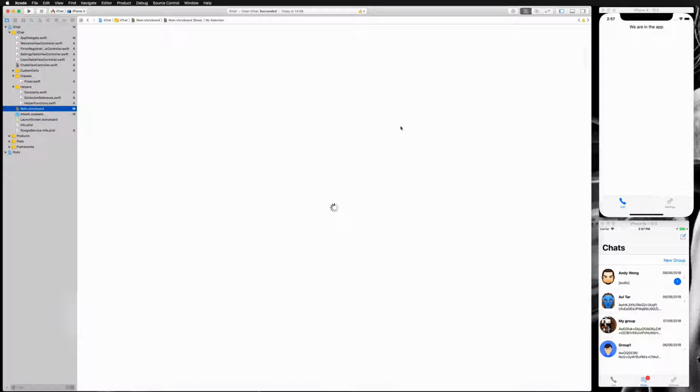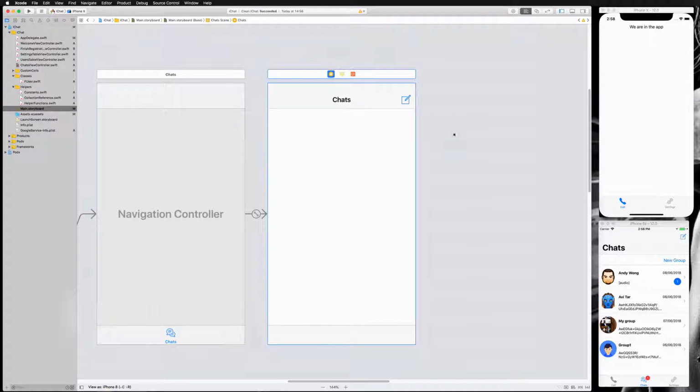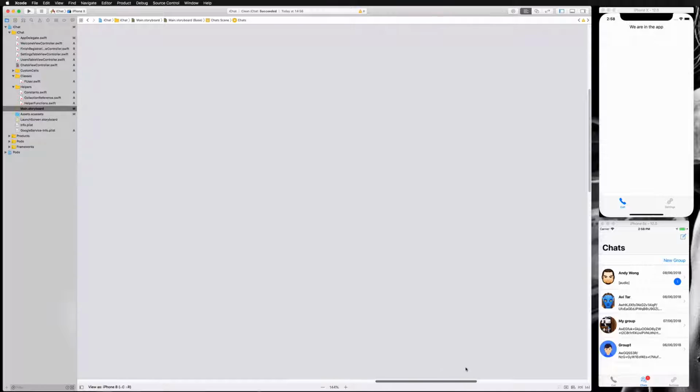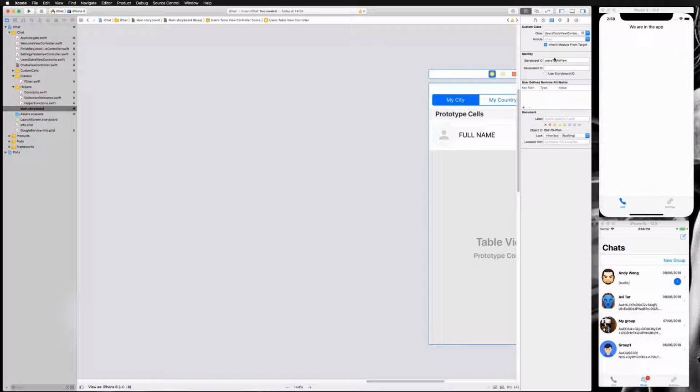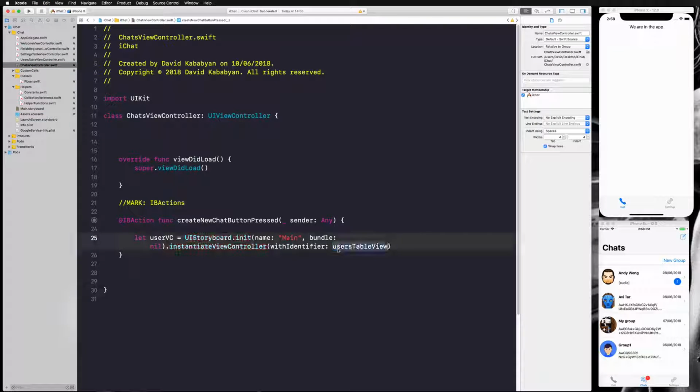And just let me copy my identifier because I don't want to make typos here. Now this is my identifier, and I instantiate with identifier here,